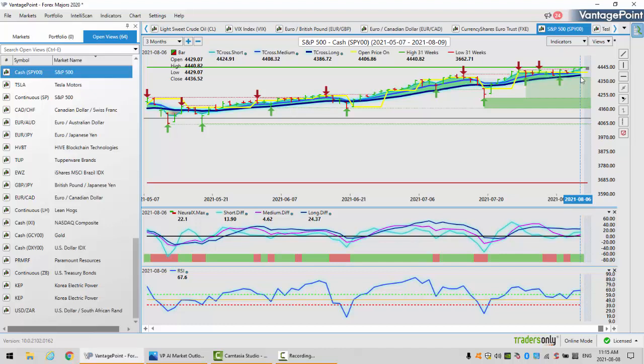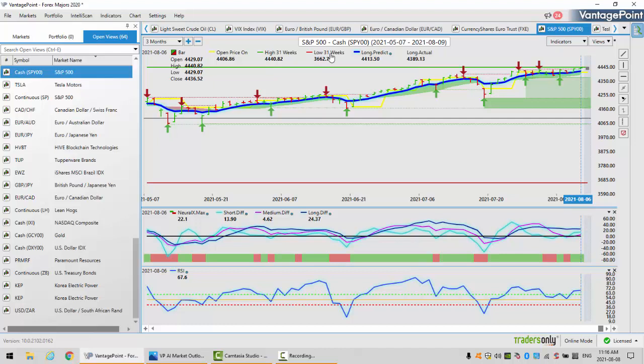So when we look at the VP level, we can assess from that VP level here that again, that support low, the T-cross long, 43,860, 43,086. That's the level you want to keep a very close eye on. When we click again on our F8, we can see that pivot level with the long predicted, 44,1350. I would prefer that we stay above that, but again, we've made multiple new yearly highs because our yearly high now is at 4440. Hard to believe we're up this high, but we are.